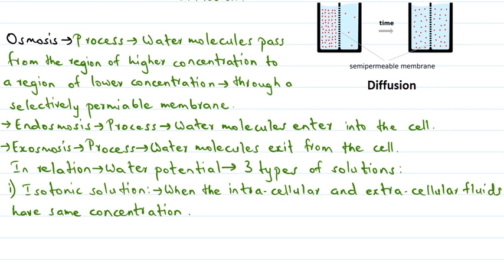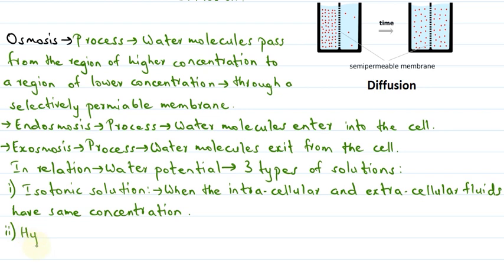Okay, and that is what happens when the cells are placed in an isotonic solution. That is, there is no osmosis that takes place when cells are placed in isotonic solution, because there is no net movement of water. Okay, so after the isotonic solution, the second type of solution is the